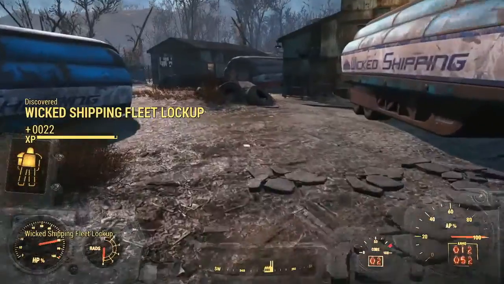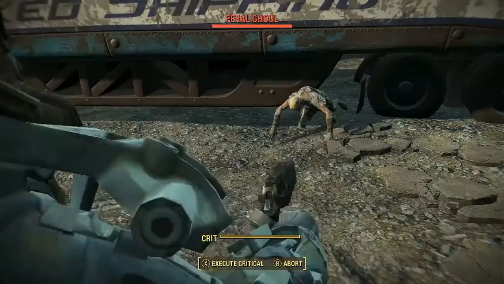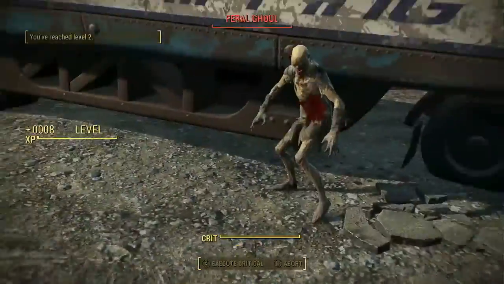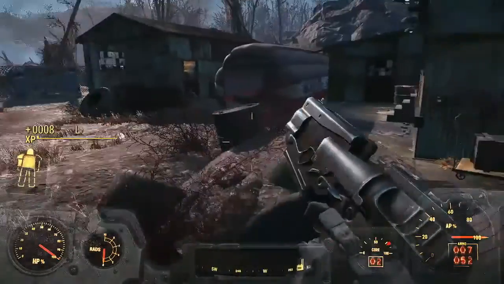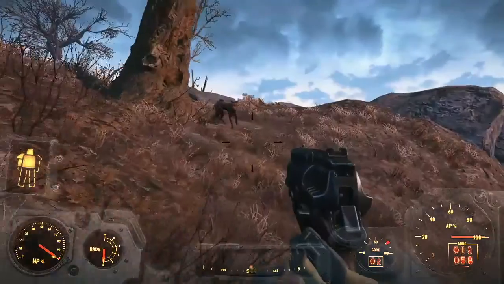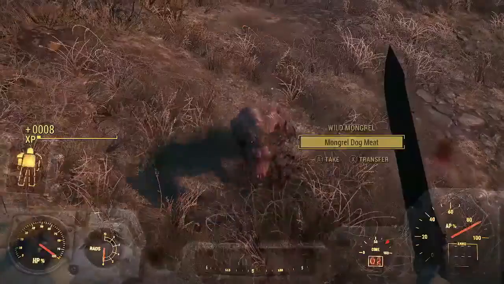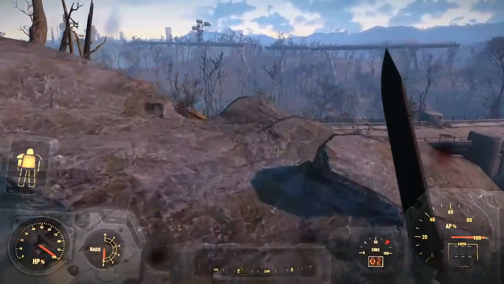So real quick, I'm gonna come in here. I'm gonna kill this ghoul. I did level up. That's okay. Again, it's fine. I just realized I forgot to grab the Grognak. That's in Sanctuary. Really? You know what? Let's show off the knife in action. One stab. And that's why we're using it. All of these guns are going to pale in comparison to the handmade rifle, so...